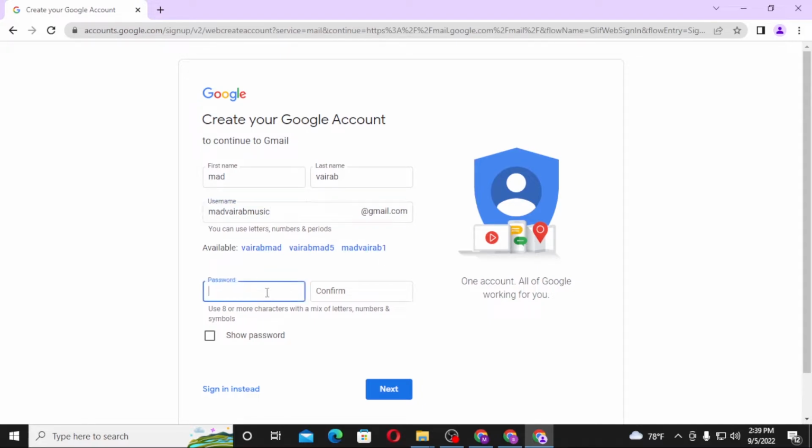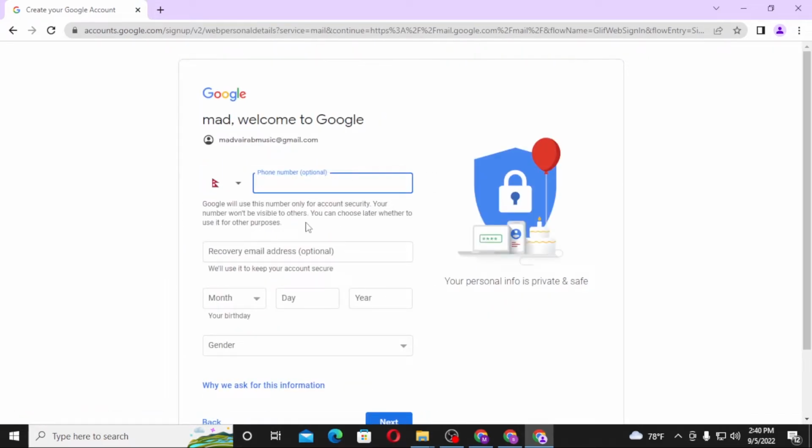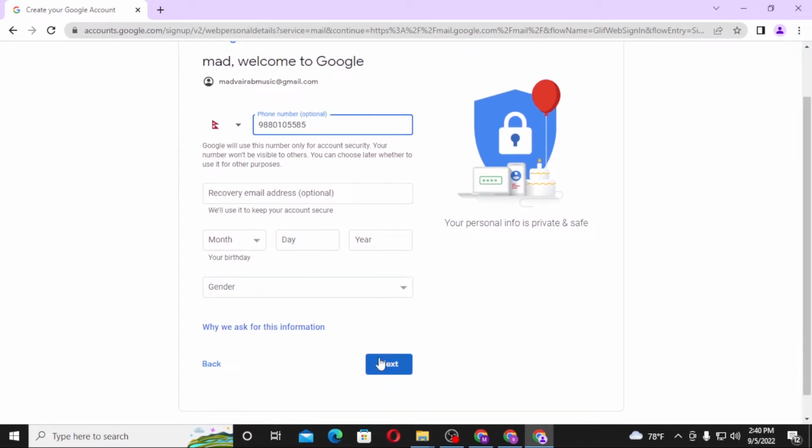And after that, enter your password over here and confirm your password in this empty box. And after that, click on next, and over here enter your phone number, or you can just click on next if you don't want to enter it. Enter your recovery email over here,